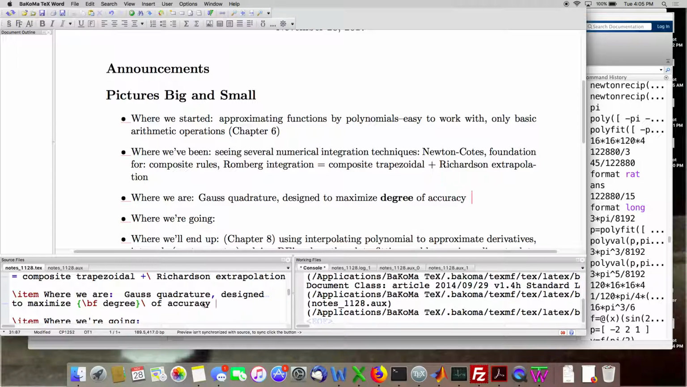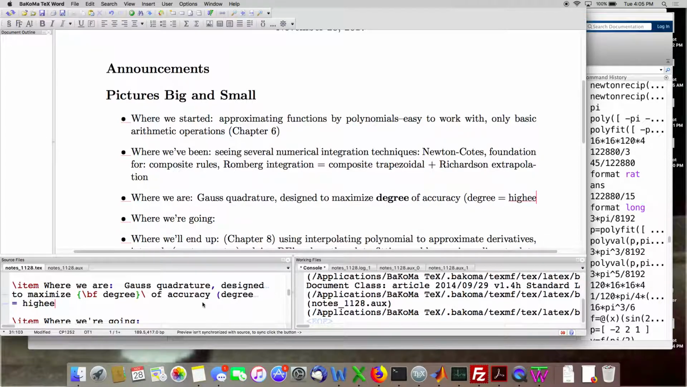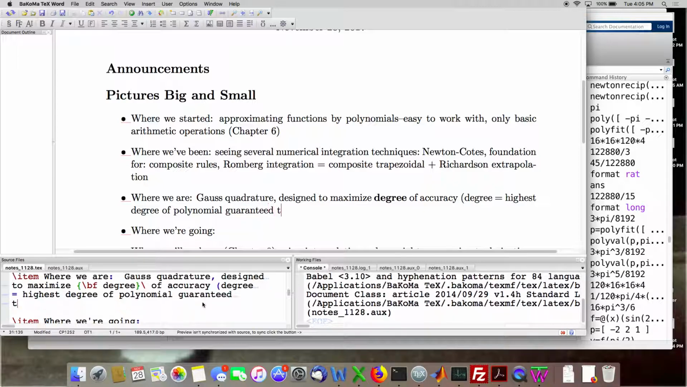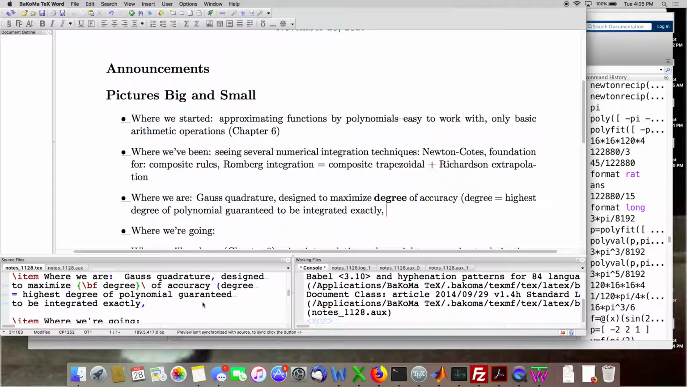Now, one thing that's come up in the quizzes, since I've been grading a lot of Chapter 8 quizzes, is the degree of accuracy, that is the highest degree of polynomial that is guaranteed to be integrated exactly by whatever quadrature we're using. For example, Simpson's rule has degree 3. You give it any cubic or less polynomial, the approximate integral will actually be exact. As opposed to, so it's not the same as